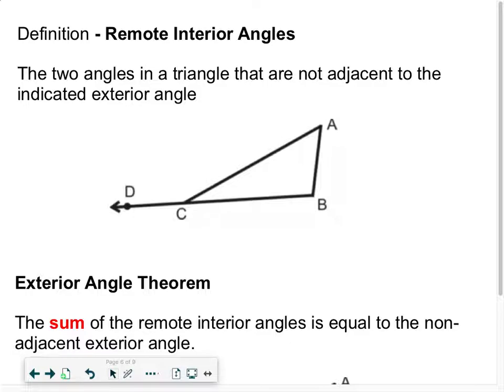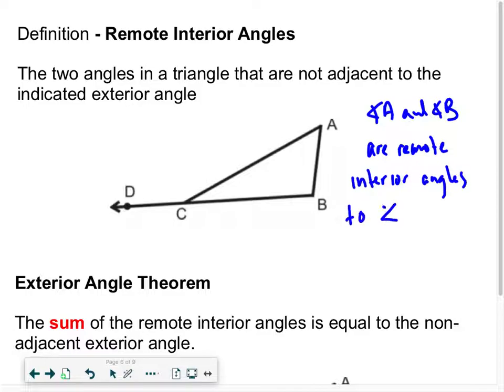Couple new parts. We have remote interior angles, so 2 angles in a triangle that are not adjacent to the indicated exterior angle. So this is another angle relationship. This one's particular to triangles, especially when you have an extended side. So angle A and angle B are remote interior angles